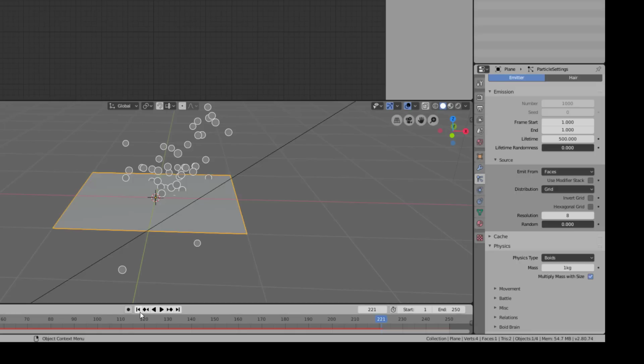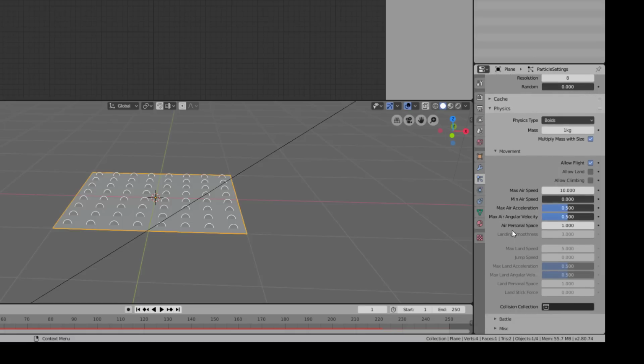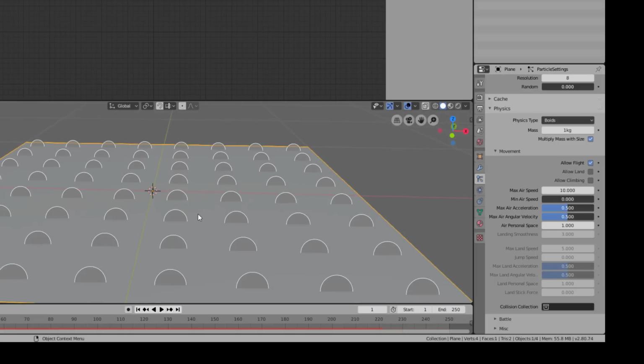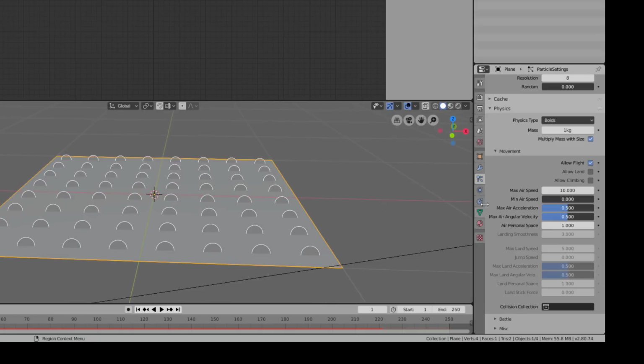So we can change those things, of course. So what I will do is go into that thing called movement here, where we have allow flight, allow land, and allow climbing. Flight is flying up or down. Land is coming back to the plane here, and climbing, it's when one Boid is near another Boid and you can climb that Boid. So we start with just allow flight, and instead of max airspeed 10, we just put